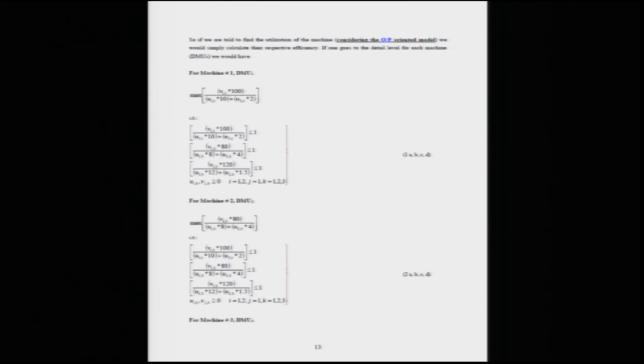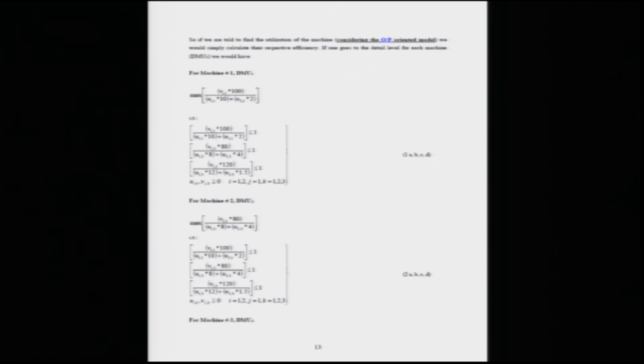Such that constraints, obviously, would be along similar lines. So the such that constraints would now be 3, because there are 3 DMUs, and they would be as follows. I will first read the numerator and then the denominator, and each of these 3 equations would be less than or equal to 1, because you are now doing the output oriented model, where output will be increased subject to the idea that input would be fixed at a level of 1 unit, and you will try to increase the output as far as possible.